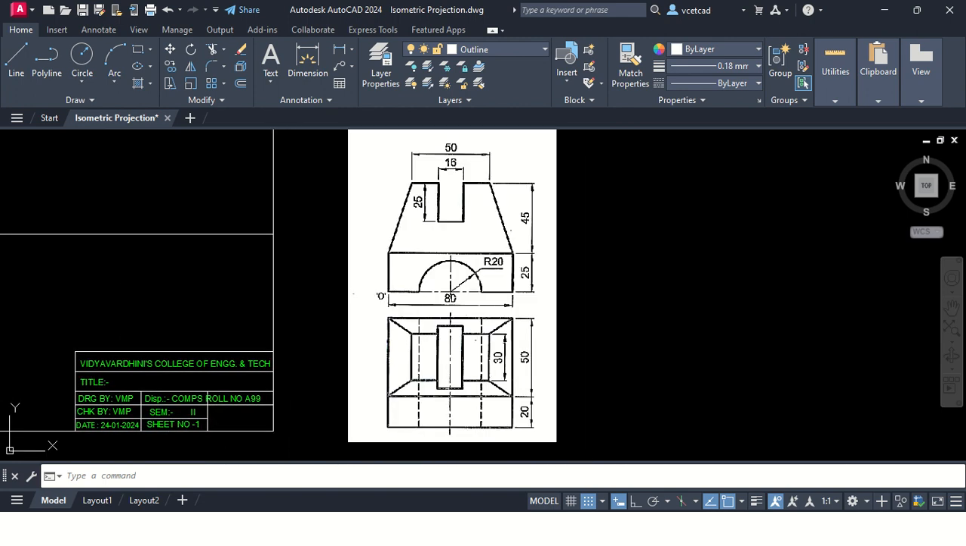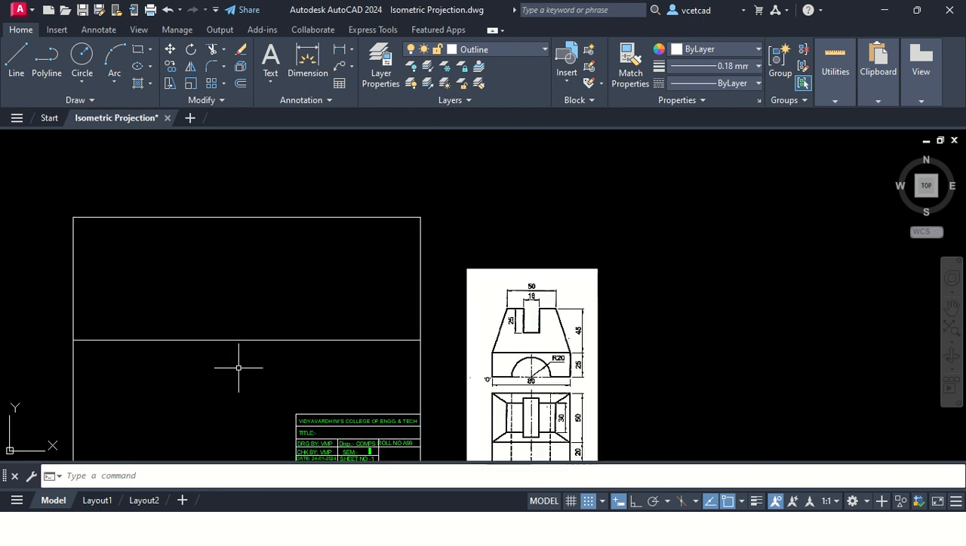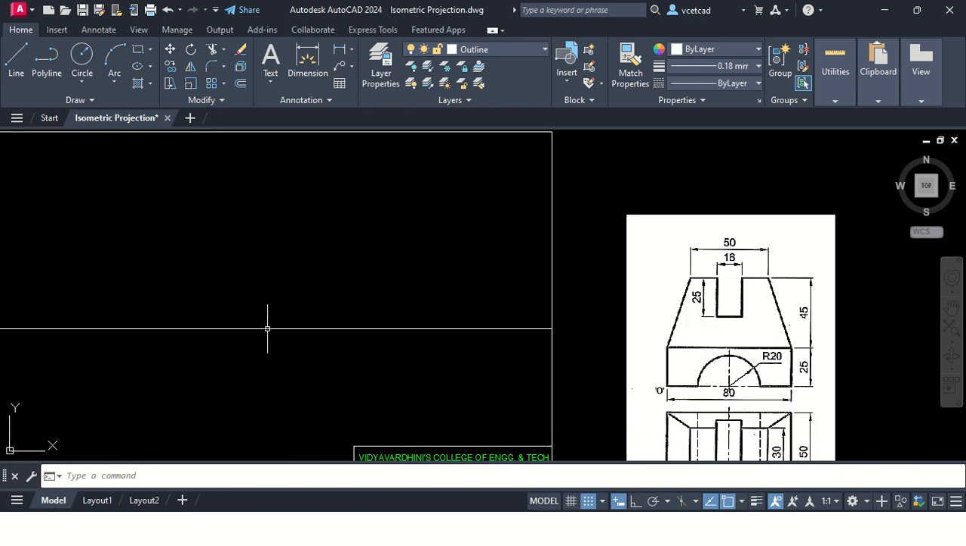80 millimeter. Maximum height 45 plus 25, 70 millimeter, right? Then maximum width, again it is 70 millimeter. Okay. So on which side the length will be? Suppose this is the origin. Let us take,